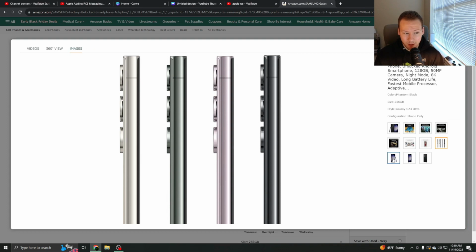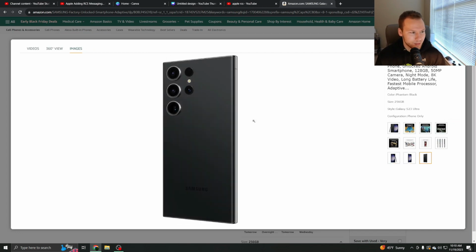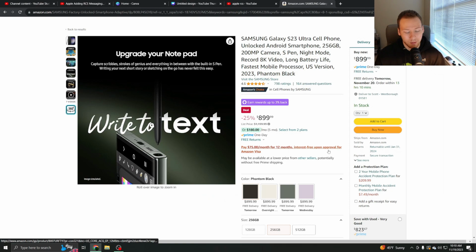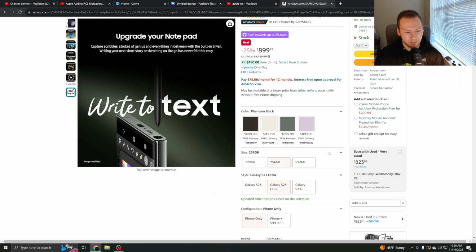Side profile picture. We got those big camera humps on the back. S Pen front-facing shot on the back. And I think this lens, it's either this lens or this lens, is an actual 10x zoom lens to actually help with zoom. One's like a 3x, and one's like a 10x or something. I don't know. It's the lens that they use to get up to 100 times zoom, which I think starts